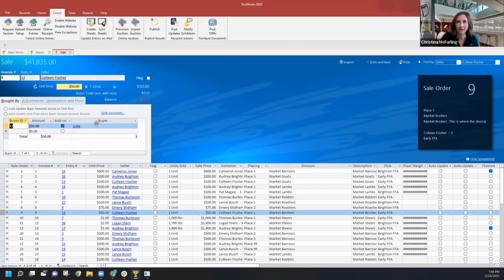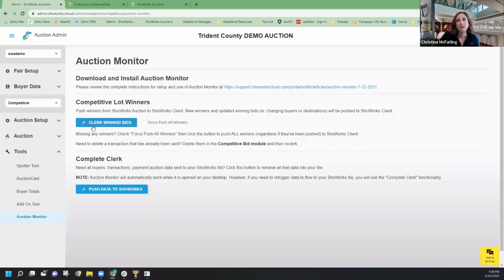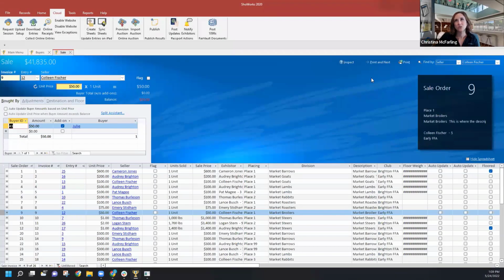So bear with me there. I just deleted it so it looks like it would in your normal setting. But we're sitting here, and there's been an add-on placed, but really no bids that have come across yet. I can click this clerk winning bids, and it's going to tell me that it's sending those winners over. It's going to send those winners over in the case that Auction Monitor is up and running. So I've got Auction Monitor running in the background,